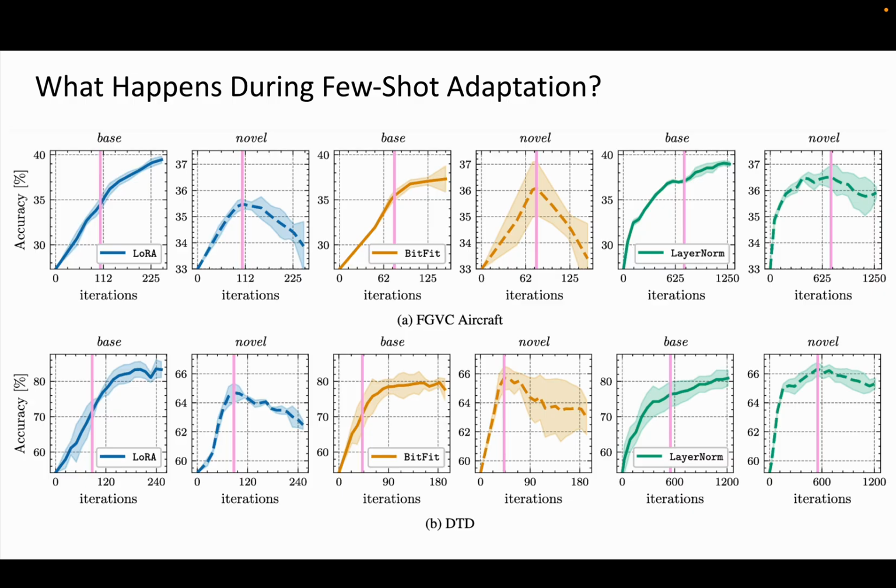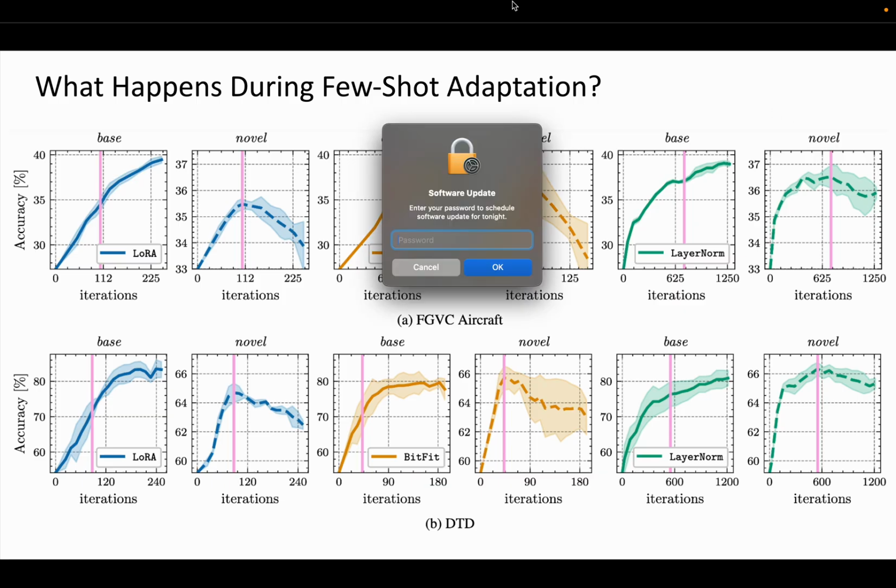So we take three parameter efficient fine tuning strategies, namely LoRA, BitFit, and layer norm. We don't do anything special, we just do parameter efficient fine tuning and observe what happens during few shot adaptation. And what emerges is that no matter the parameter efficient fine tuning technique that you pick, in most of the cases you will see learning dynamics of this kind, where a breakpoint emerges